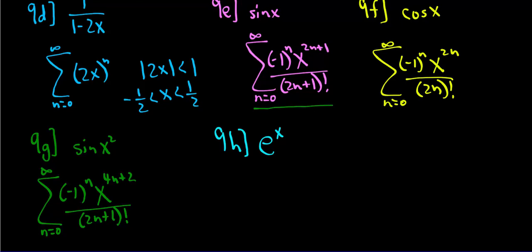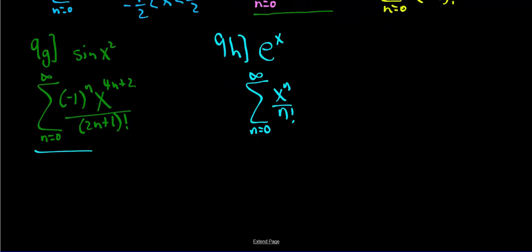Of course, e^x is another one. It's good to remember, it's just going to be x to the n over n factorial. Yeah, there are some power series. Now, let's do this. Let's take this right here, and we can see how we're going to use that to